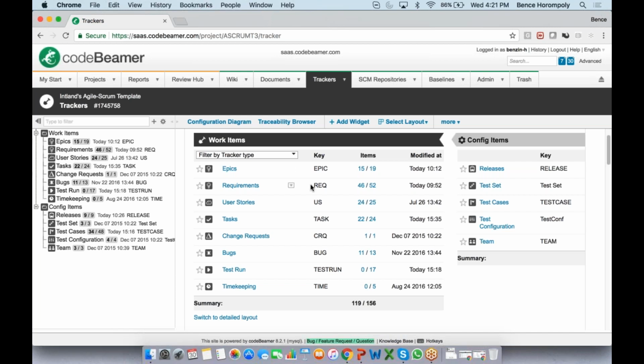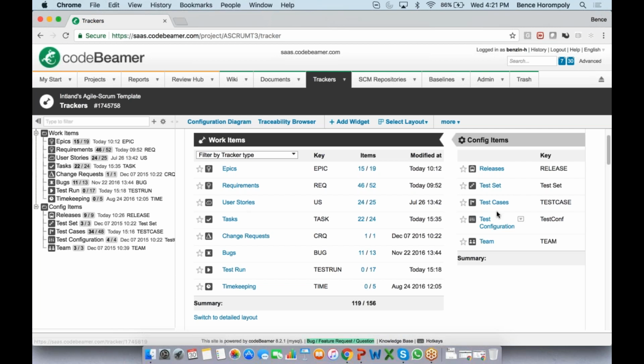Okay, so the way the process and the way this project is set up is you have epics. From epics, you can derive requirements and user stories depending on how you develop, or maybe just user stories. It doesn't really matter. You can configure this. And then from those, you can derive tasks. So your user stories are broken down into specific tasks. And then they can all be assigned to releases and sprints. So you can set up your release with different sprints. And then you see what you need to finish and when.